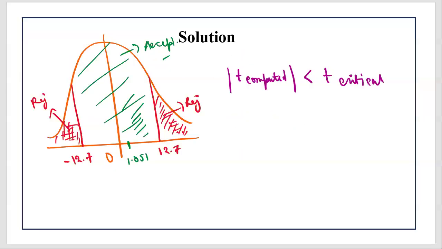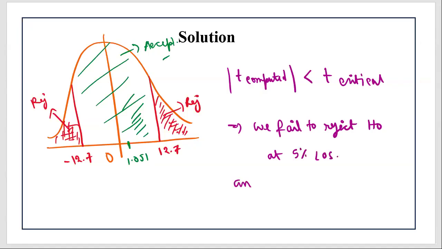T computed is strictly less than the T critical value. So we fail to reject H naught at 5% level of significance, and we can infer